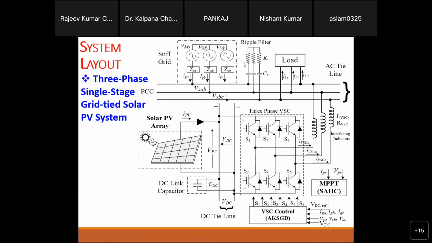If you remove this load and assume this one is your grid, and this is your connection, meaning the converter and then this link, then what is this converter going to generate? This converter will generate according to your reference. What reference? The grid current reference, whatever current reference you are going to give. So in the night time when the PV power is zero, on the converter side only harmonic components are going to come into the picture. All the rest of the fundamental components are going to come through the grid side.